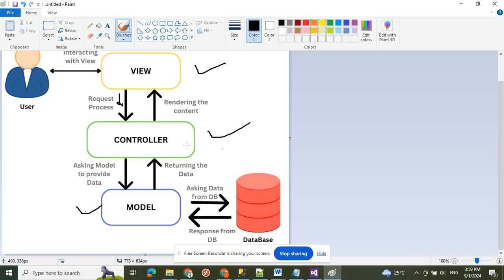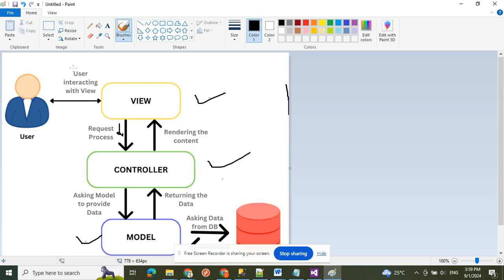This flow ensures that the application is organized, with each component, model, view, and controller, handling specific tasks. The separation of concerns makes the code more modular, maintainable, and easier to test. I hope you got the description of this image, and you also know how this MVC